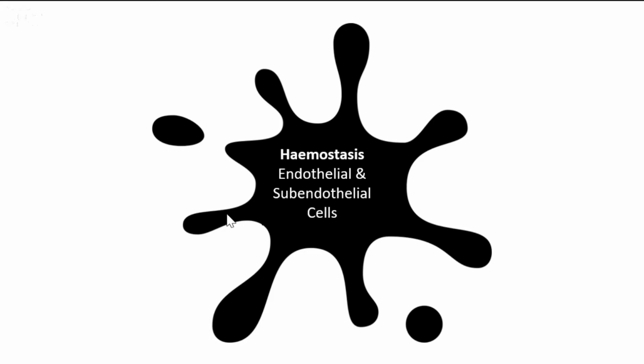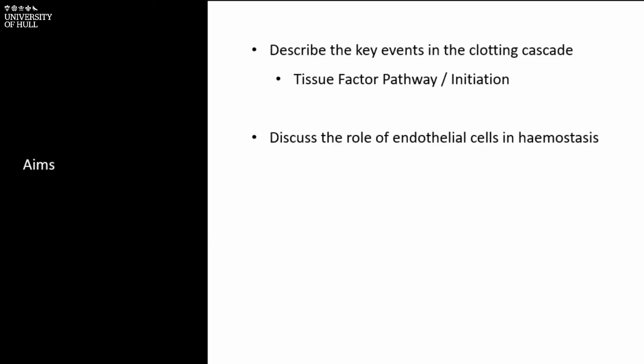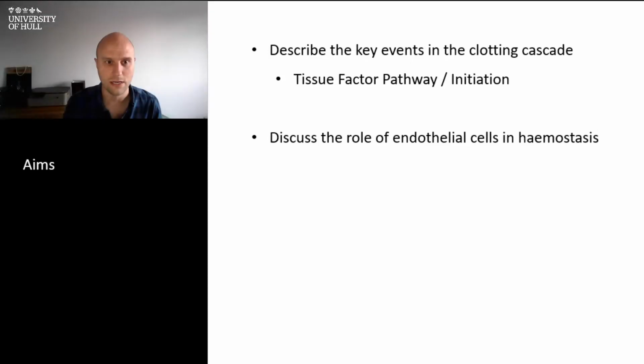Hello there, it's Luke, and in this tutorial about haemostasis and coagulation, we're going to be turning our attention to looking at the cells within the wall of the blood vessel, looking at the endothelial cells and the subendothelial cells, and in doing so we're going to be considering what we refer to as the tissue factor pathway, or initiation if we're thinking about the cell-based model, or the extrinsic pathway if we're thinking about the sort of classical model